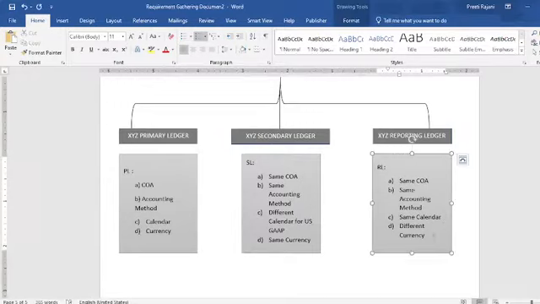So whenever any user of the Aeronet Group will create journal in the INR currency, immediately on the same time it will be reported in the USD currency. Now we will move to our application and we'll see how to create the reporting ledger in the application.